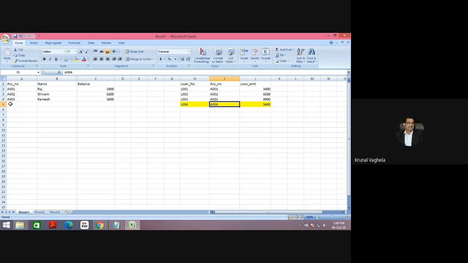For example, a bank has two billing counters, one loan billing and one account billing. One customer will go to loan billing saying I have account A004, give me the loan. But A004 does not exist. So here this is the parent table and this is the child table.